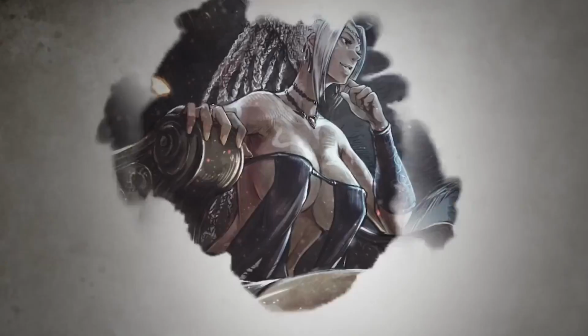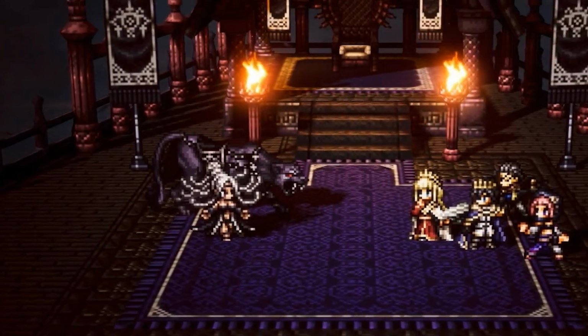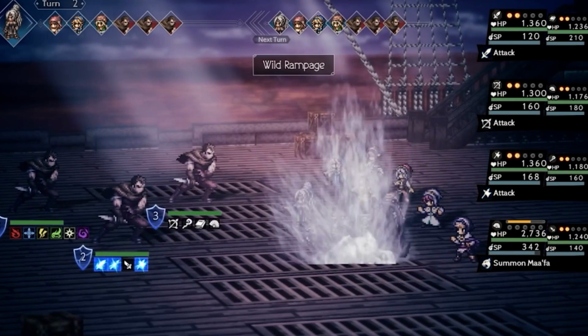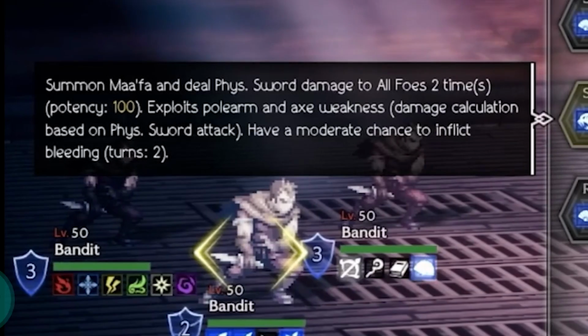Today we'll discuss how good Tatloch really is. To point out the most important thing first, her attacks don't really matter. Having additional sword, lance, axe with 140 potency in total is not that high, but at least she can shield